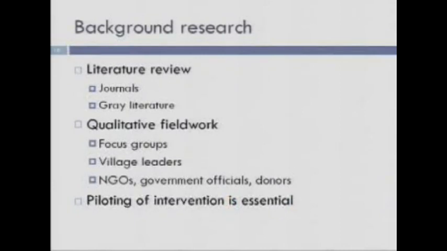So what is the step in designing an intervention? It's worth, this point about reinventing the wheel applies not just to questionnaires and surveys, but to interventions. So definitely you want to start out by doing a literature review, not just the academic papers, which we'd be familiar with, but also, in development it's called the gray literature about the project. There are often internal reports or consulting reports on a particular project. So for example, I'm interested in a health insurance program in India right now. Well, the World Bank has reports on this, and there are internal reports on the Indian government, et cetera.